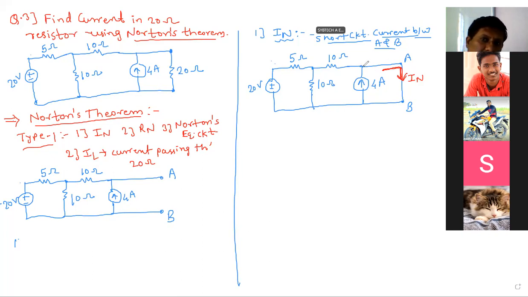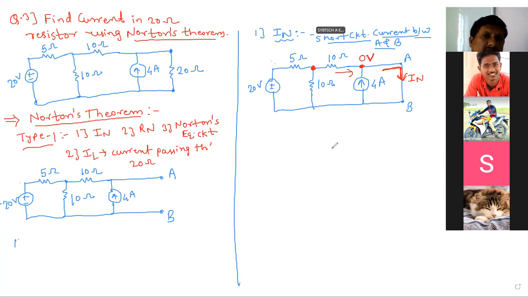So to find out IN, we must know this 4 ampere current is there. This is outgoing. If this current you know, then you can easily calculate the value of IN. Then what do we need to do to find this current? We must know this voltage. This voltage is how much? What is the voltage value at this point? Anyone? 0. Yes, very good. So it is 0 volt. Why it is 0 volt? In previous example only I told.